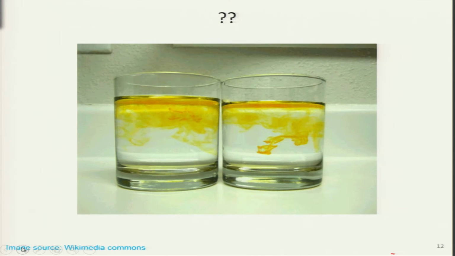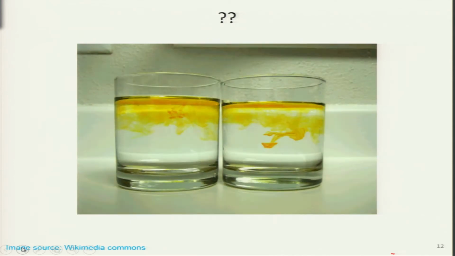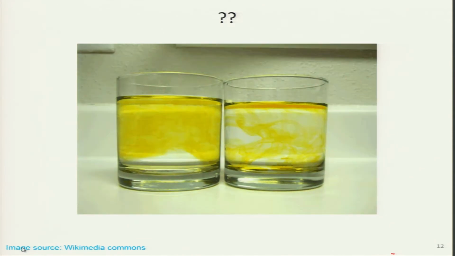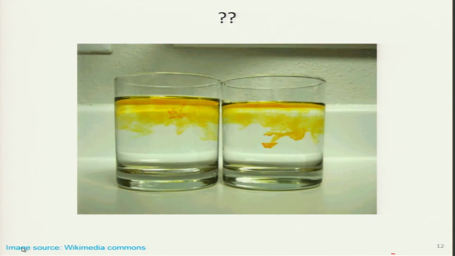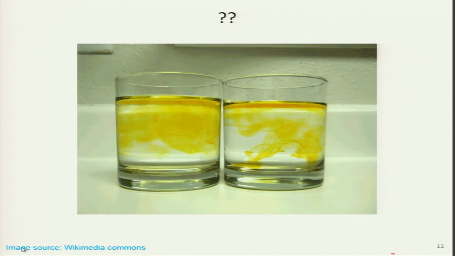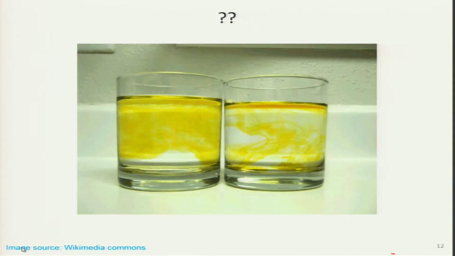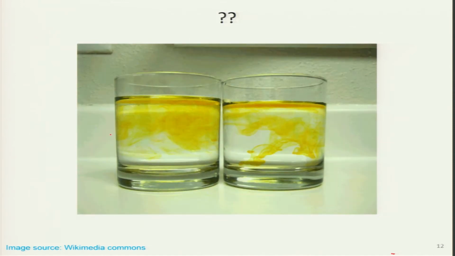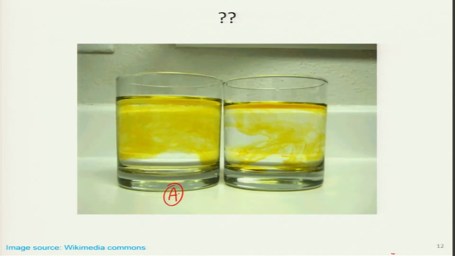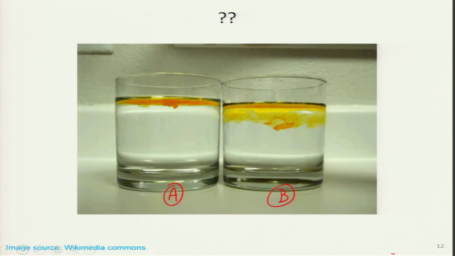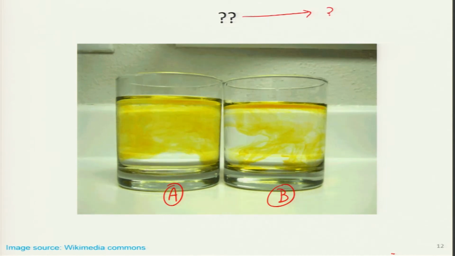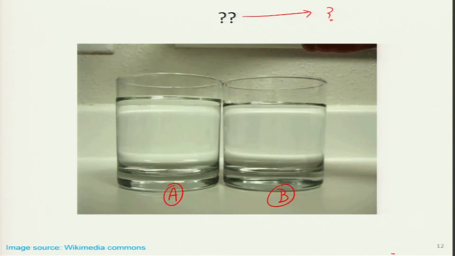So, I wanted to start this particular lecture with this slide, and students who are following this course may remember I have shown this once earlier also when I started the topic of convective heat transfer. It appears very nice to me, and I am going to write the names of these two containers: container A and container B, and I put a question mark over here to ask students what exactly is going on over here.